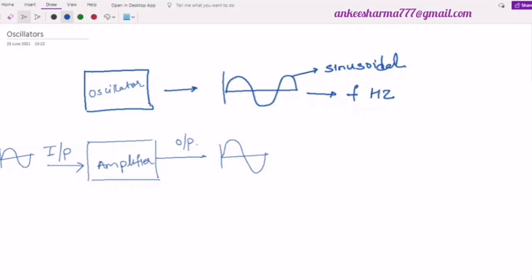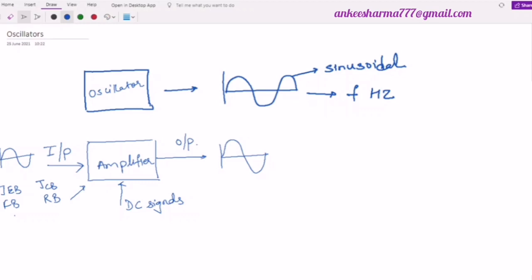In addition to it, we also have a few biasing signals. So I will add here these DC signals, or simply the biasing signals. With the help of these DC signals, this input is amplified to a larger value, and that is obtained at the output. We have seen the operation of the transistor as an amplifier, where its input junction is forward biased and its output junction is reverse biased, or in the case of the common base, the emitter-base junction and collector-base junction are forward biased and reverse biased respectively, then that transistor can act as an amplifier.